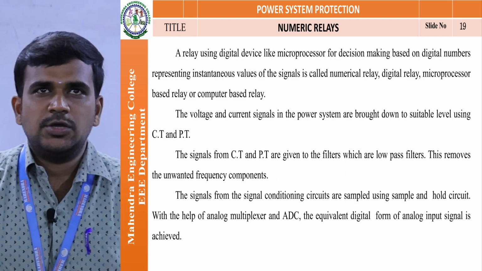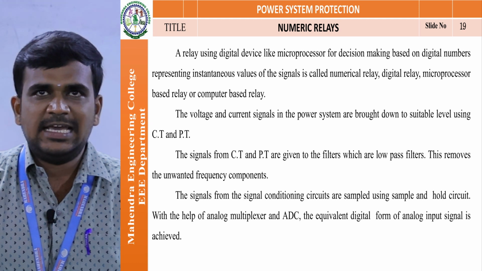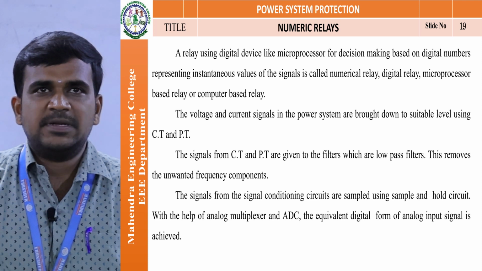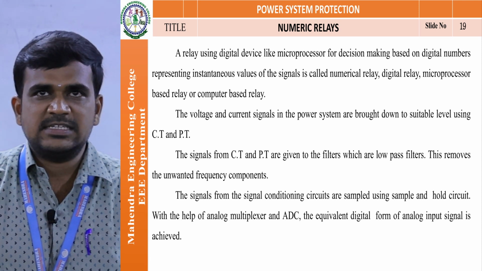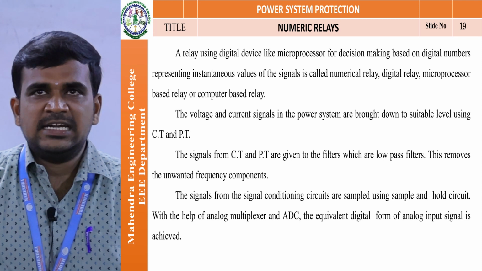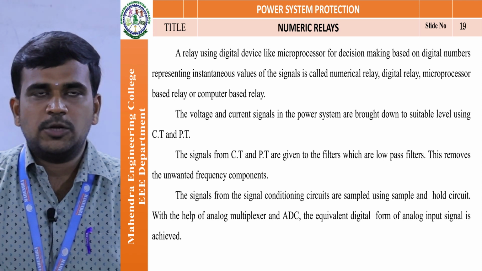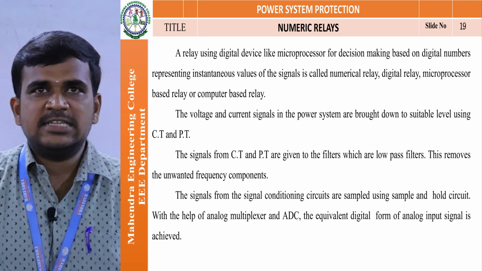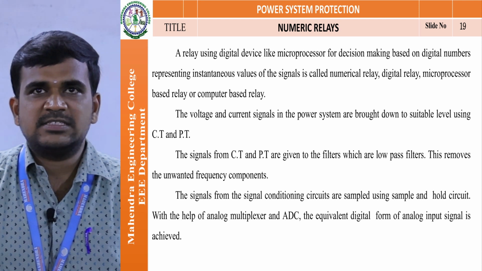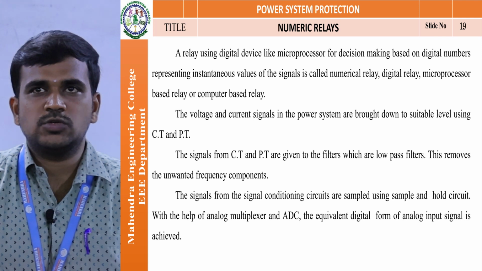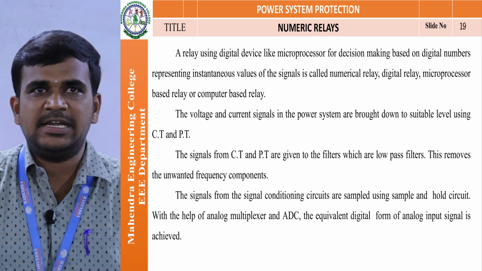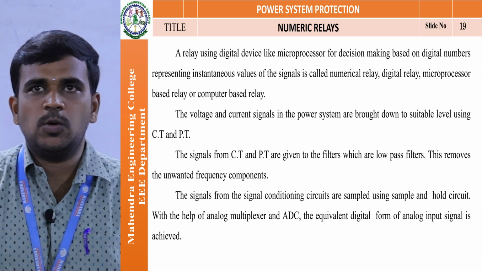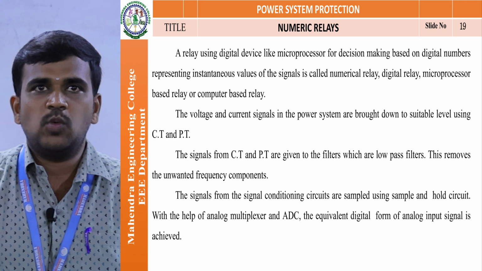A relay using digital devices like a microprocessor for decision making based on digital numbers representing the instantaneous values of the signals is called a numerical relay. It is also called a digital relay, microprocessor based relay or microcomputer based relay. The voltage or current signals in the power system are brought down to a suitable level using CT and PT. The signals from CT and PT are given to filters, which are low pass filters. They remove the unwanted frequency